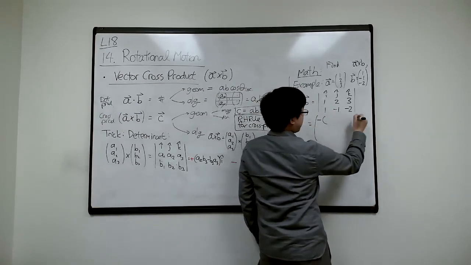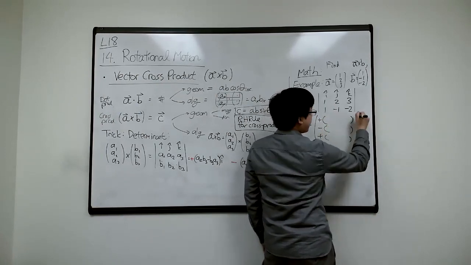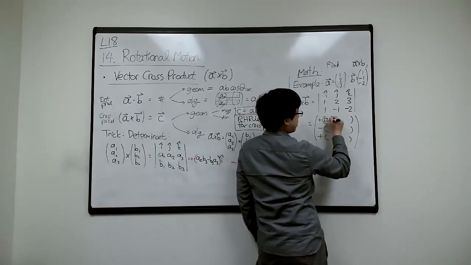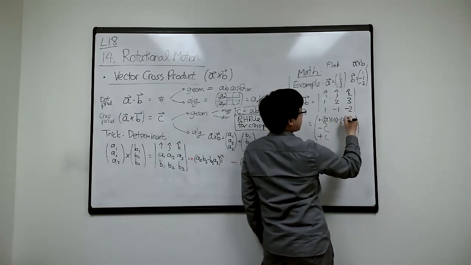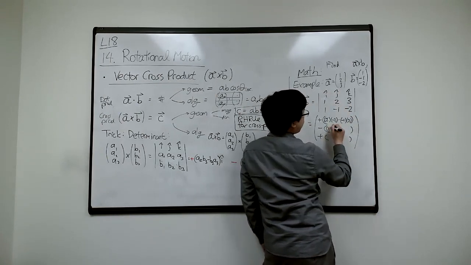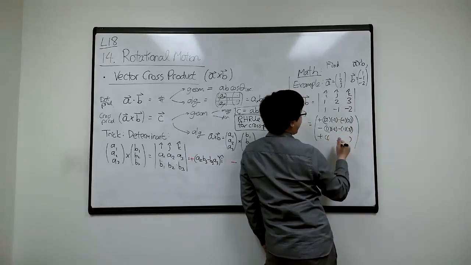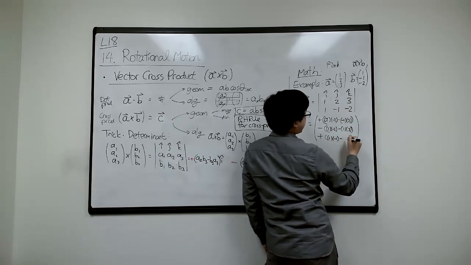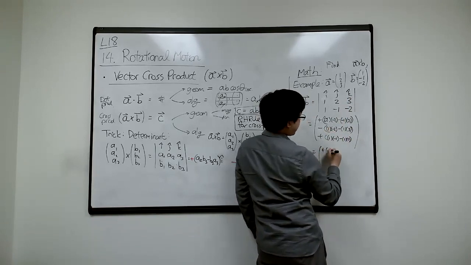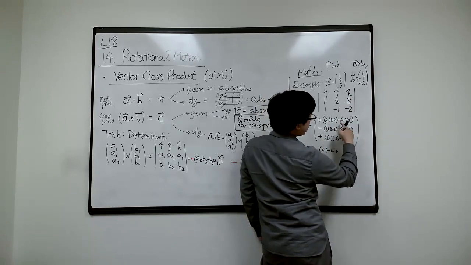I'll do it the slow way. So cover up i, so it's 2 times -2 minus -1 times 3. Cover up j, so it's 1 times -2 minus 1 times 3. And cover up k, so you have 1 times -1 minus 1 times 2, right? So then you have plus -4 plus,